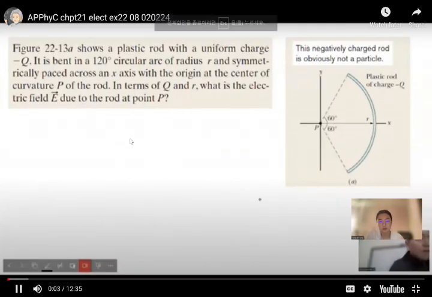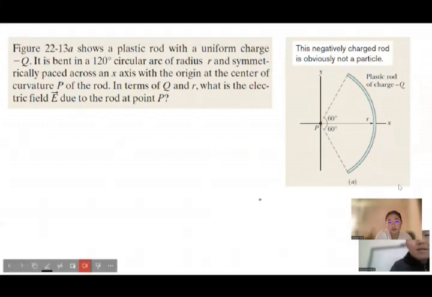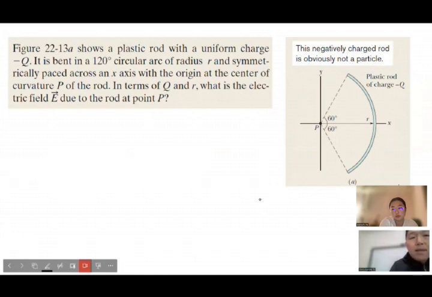Now let's take a look at sample problem 22.03. Figure 22-13a shows a plastic rod with a uniform charge minus Q. It is bent in a 120-degree circular arc of radius R and symmetrically placed across an x-axis with the origin at the center of curvature P of the rod. In terms of Q and R, what is the electric field E due to the rod